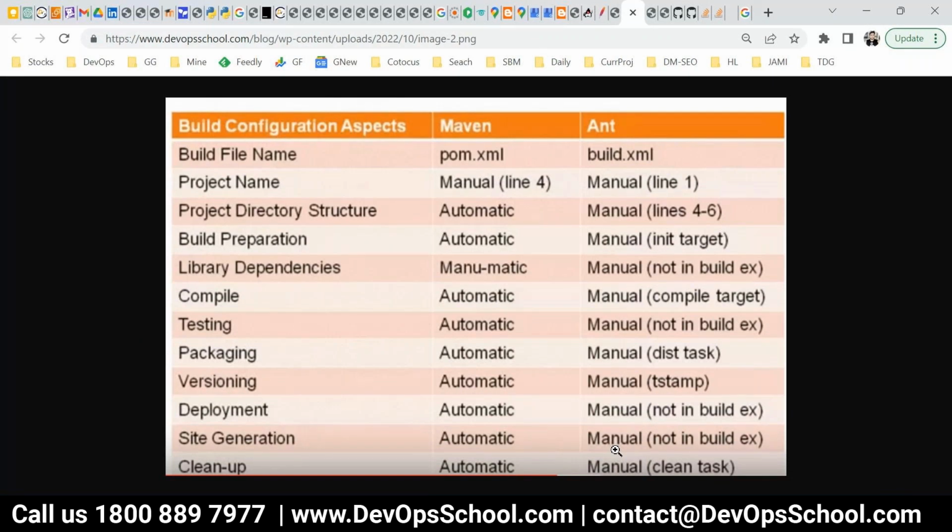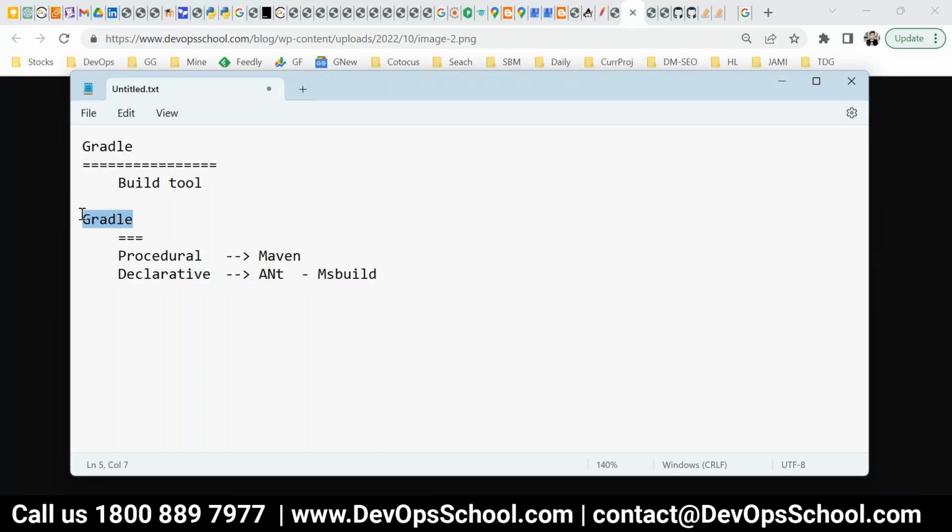So now the question was how this Gradle is different. With Gradle you can do procedural also and declarative also. That means you can automate the build process using Gradle both ways. Now, the advantage of Gradle is